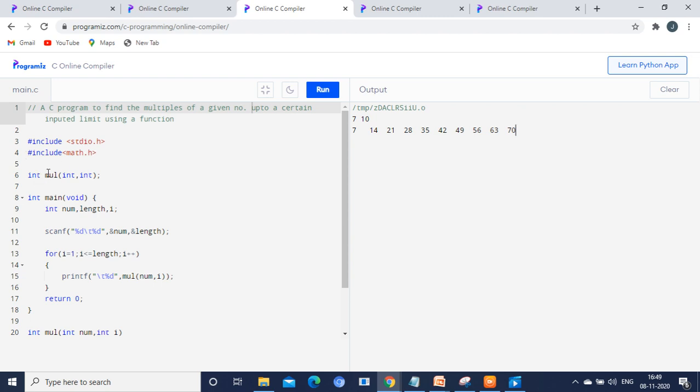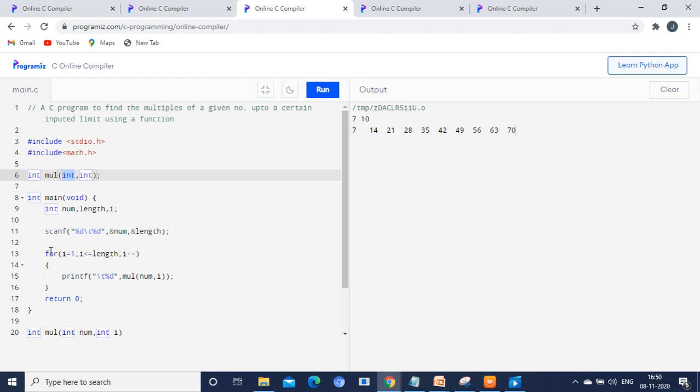And this is a prototype of the function we are going to use. Inside the main function, we are getting two inputs, the number and the length. 7 is the number and the length is 10. So the multiples will be printed from 7 till 10, that is, the 7 table will be printed till the limit 10.